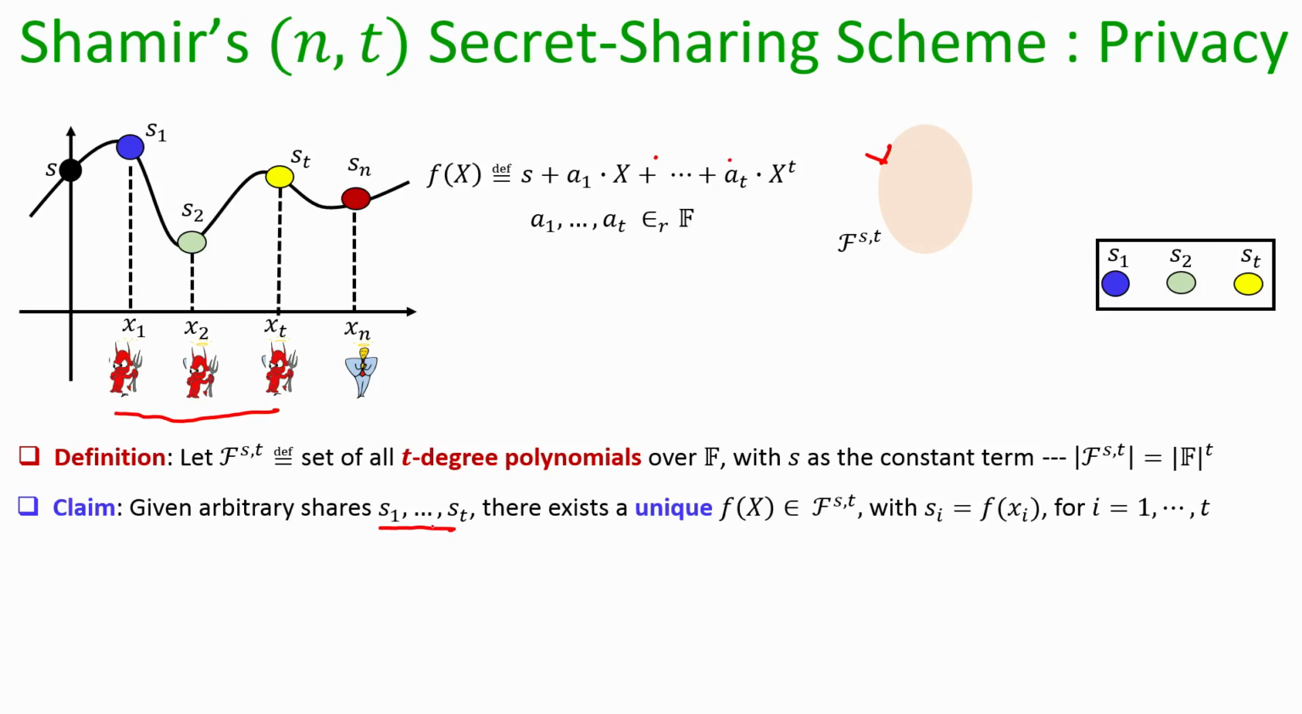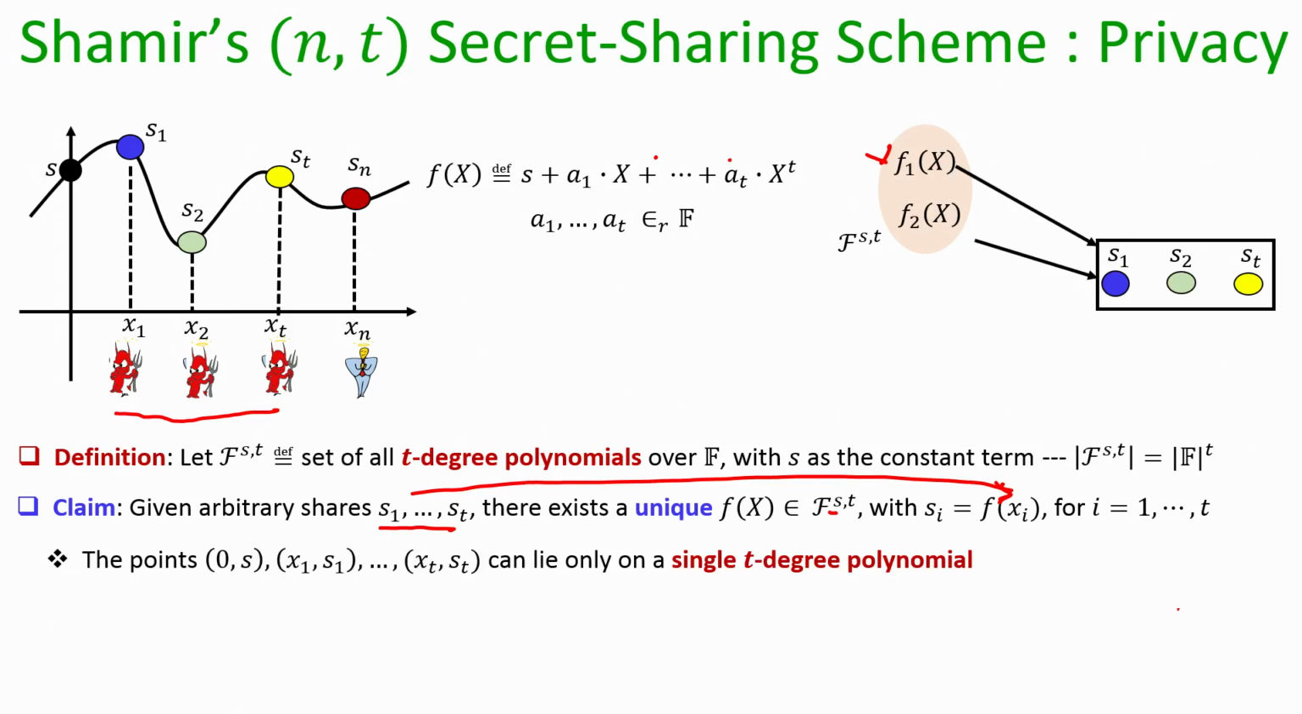My claim here is the following: if I give you arbitrary values of the first T shares, there exists a unique polynomial of degree T with constant term being the secret S, such that this S1 to St could occur as the first T shares. And this is because